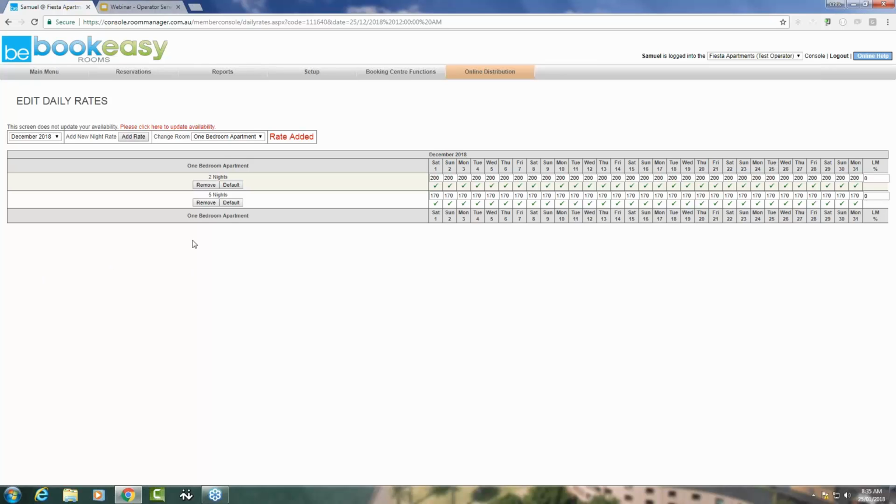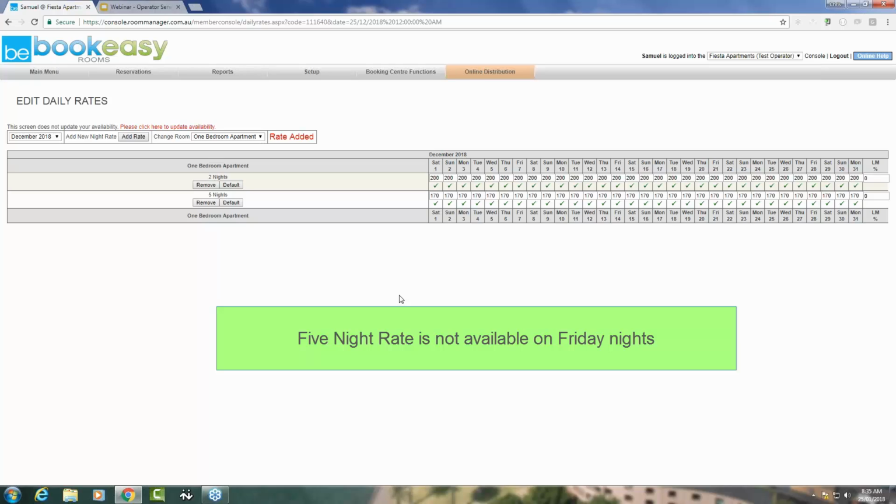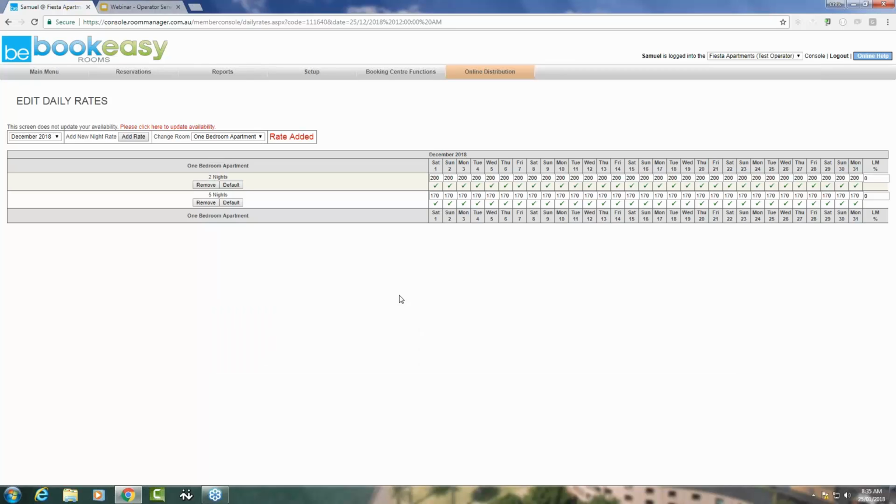Please note with this rate line that you have added in, all of the rates are white. They have not been greyed out, hence the default rate has been applied in this case. To use a final stop sells scenario, the 5-night rate you have just set up is not available on a Friday night. As you are adjusting the availability of a rate, that refers to a stop sell, so we will